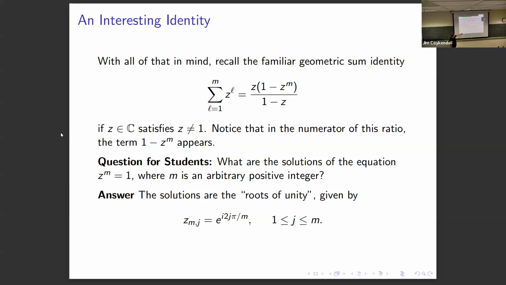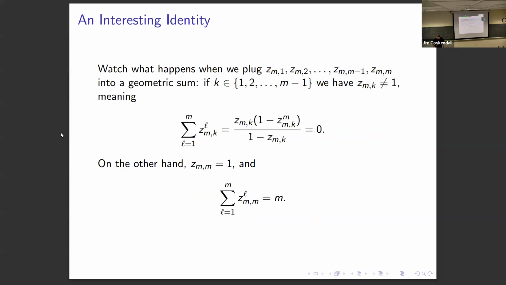So here's the answer. Like I just said, the solutions of the roots of unity. So z_{m,j} is going to be e to the i times 2j pi over m. It's what I said a second ago. Okay, let's stop there. All right, so let's play around with that finite geometric sum, and let's plug in different